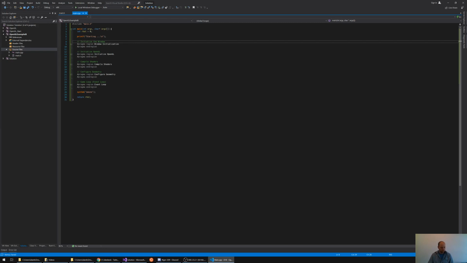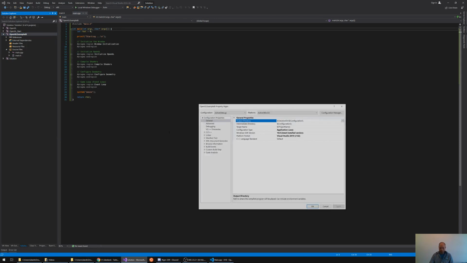So what do we need to do? Well, right now, this is what's called a console application. And so when Visual Studio sees this line, it sees a C-style thing. You can also see here, if I open up my properties, this is an application,